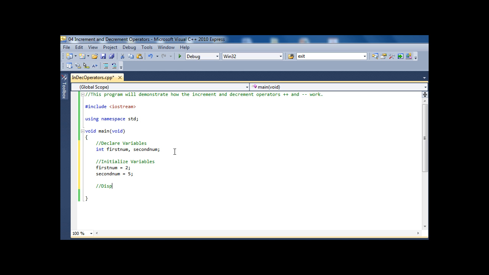And then I want to display these initial values. So I'm using cout, and I'm going to say first num. Actually, I'll put a title that just says initial values and a new line. And we have first num